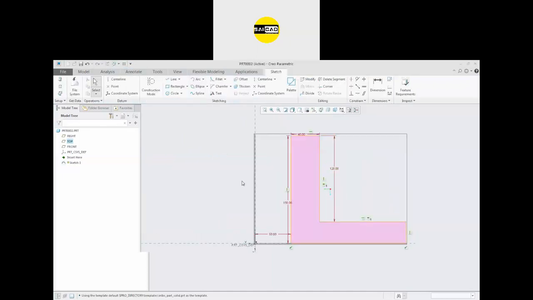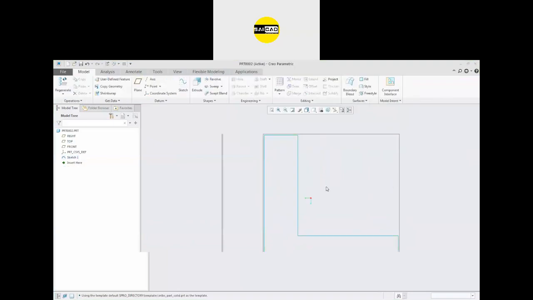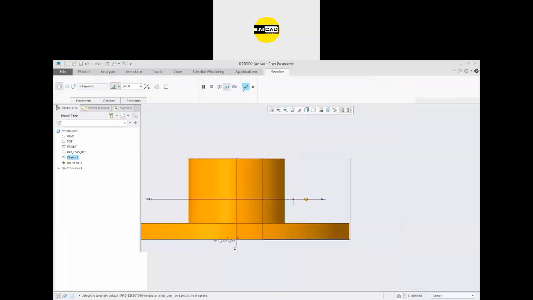Okay. So find the center. So sketch. Now, click here and select the axis of rotation. Go to the revolve. Click OK.